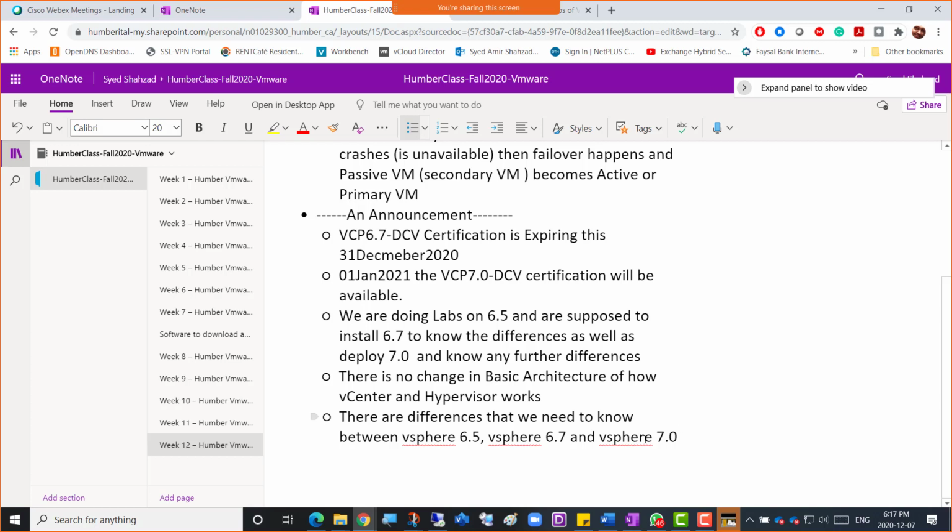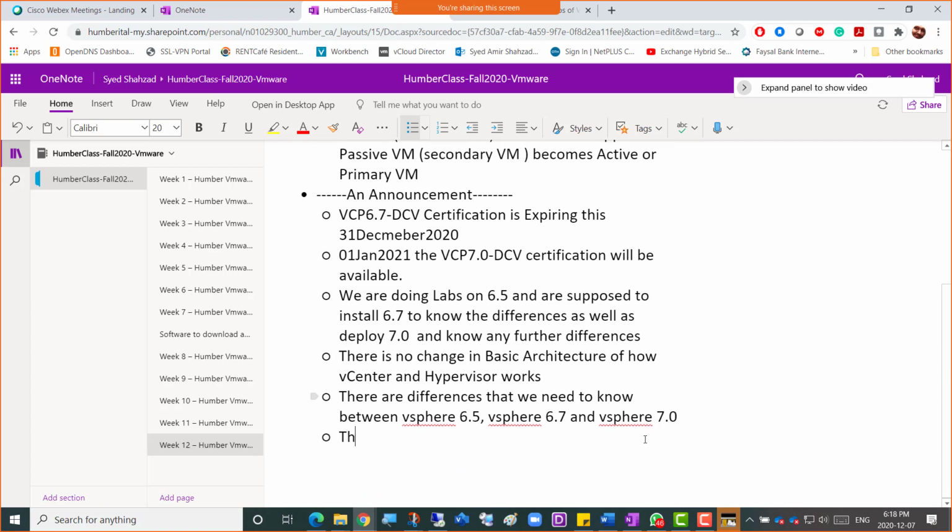There are some improvements, yes. Other than that, in all these versions or editions, the main features are the same. And what do I mean by that?